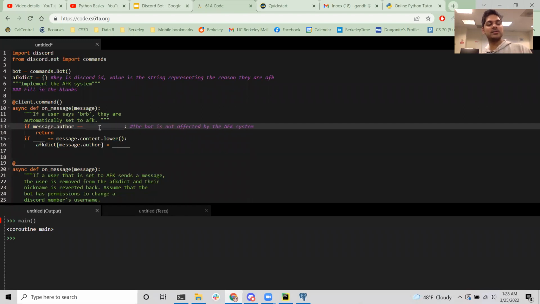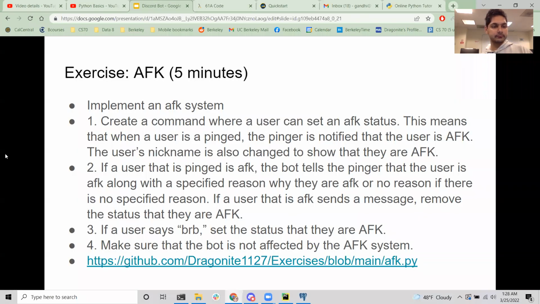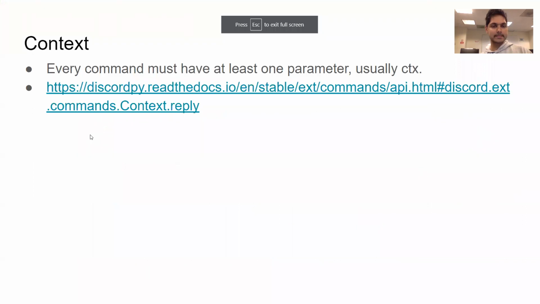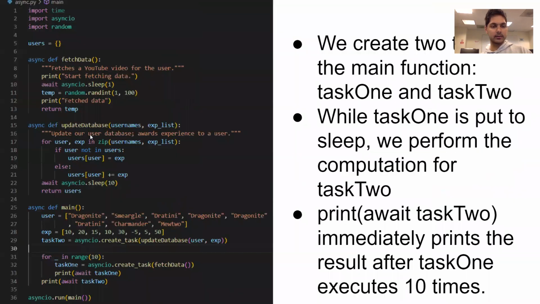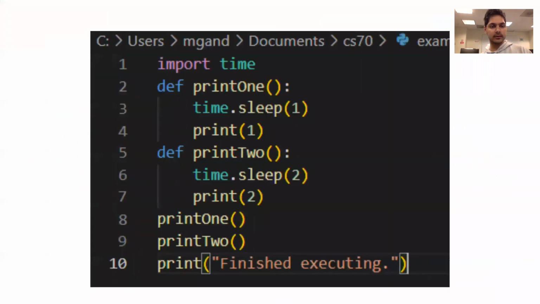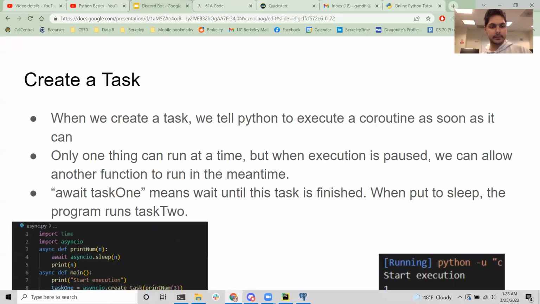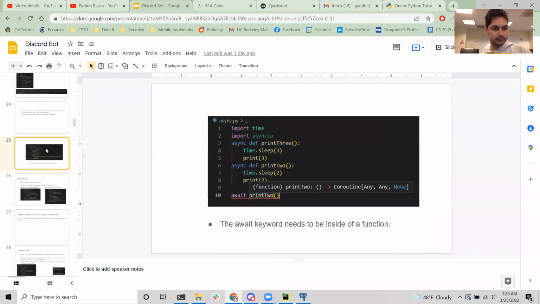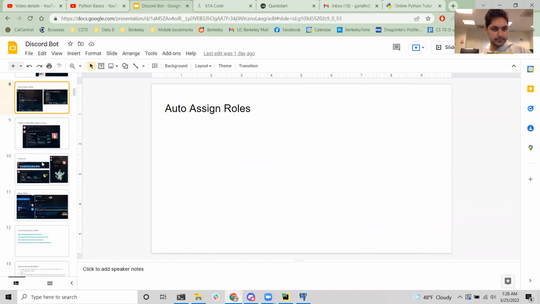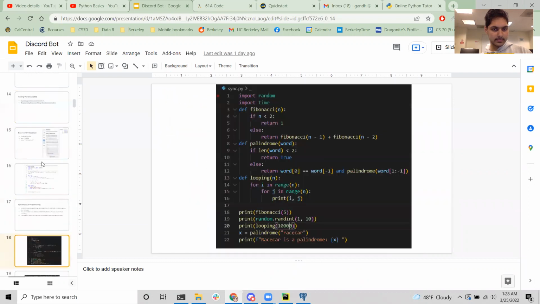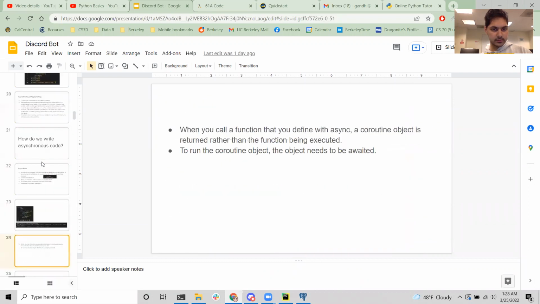So if message.author equals bot dot, actually I don't know. I had it somewhere. Sorry guys.